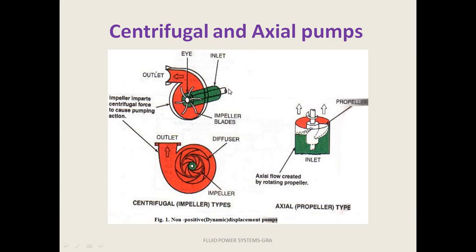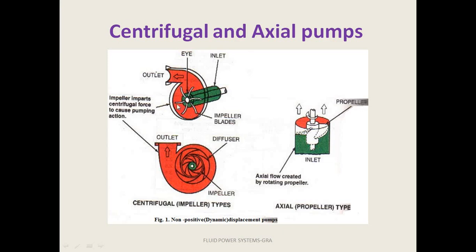Whenever the motor is rotating, these blades will also rotate with high speed, and the fluid which is coming in through this green pipe comes in contact with these rotating blades. These high speed rotating blades will hit hard the fluid particles which come in contact with them, and that is the reason the pressure of the water particles increases. The second reason why it is going to increase is because of the nature of the construction.